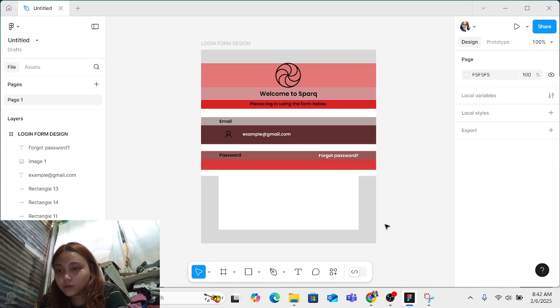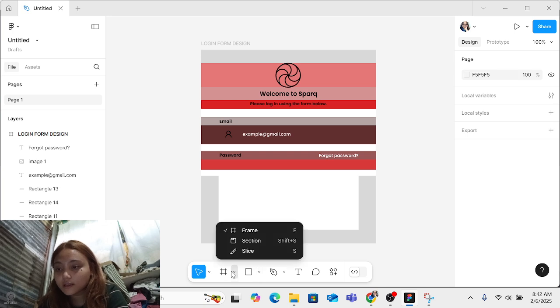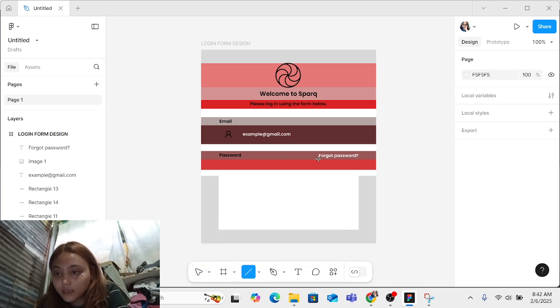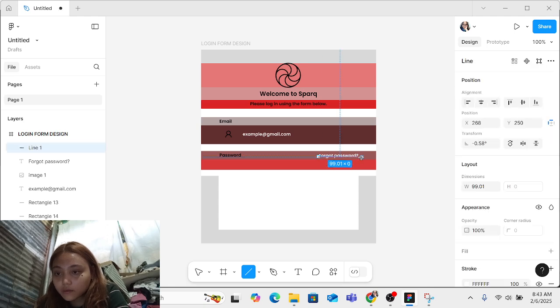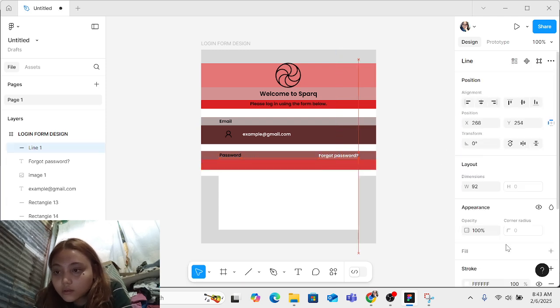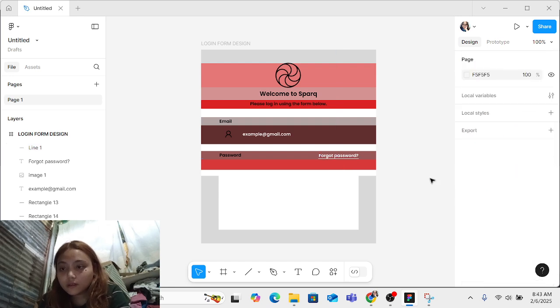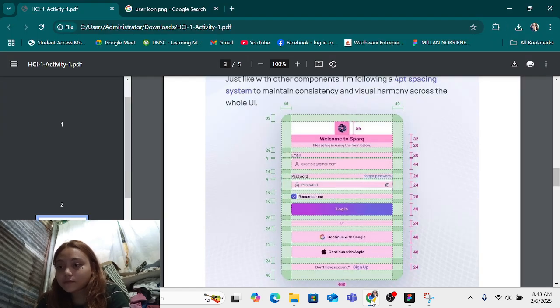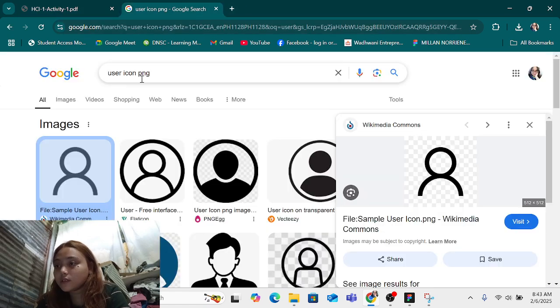So then let's color blue. Later we're gonna change the color of the text, but for now let's play it like that. Then we're gonna add a line under. Okay, zero. And we're gonna adjust it and put it right there. So like I said, we're gonna change it later, but for now let's stay it like that. Then let's search here.